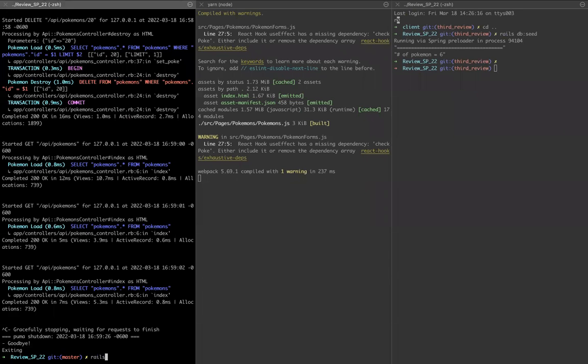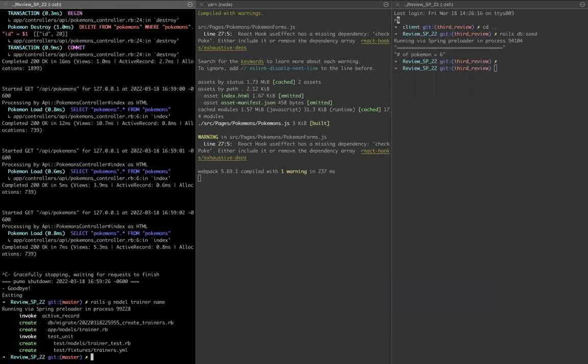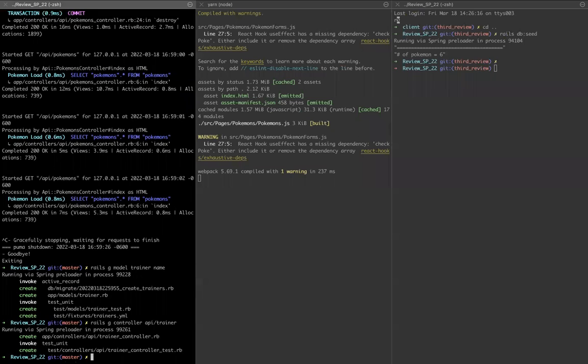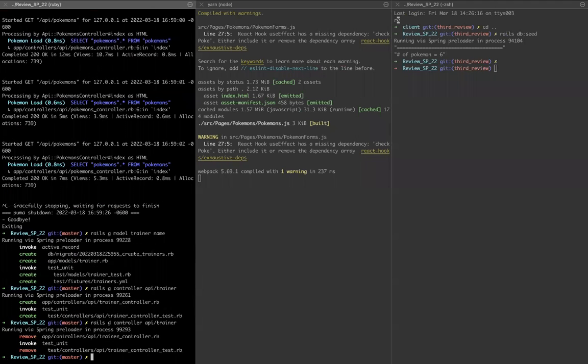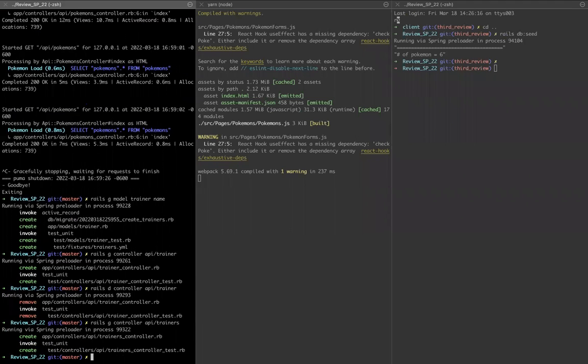So to do that, we're going to do a rails g model trainer, because we need trainers first. Trainer is just going to have a name. And then rails g controller api/trainer. I hope it pluralized it for me. No, it did not. Okay, I need to make that go. So it was d controller to remove the controller. Wait, it was g controller trainers. Okay, and then